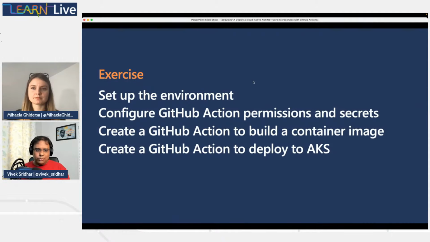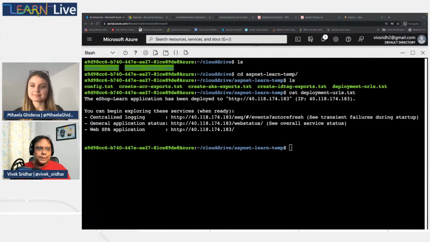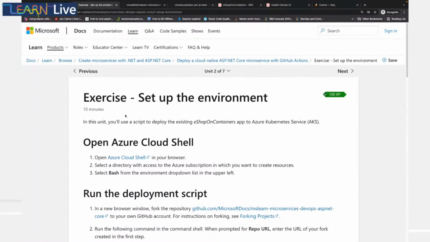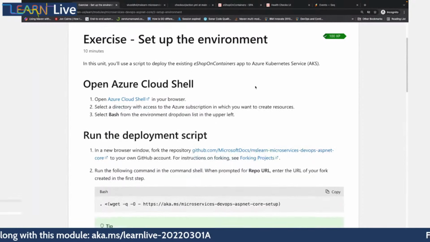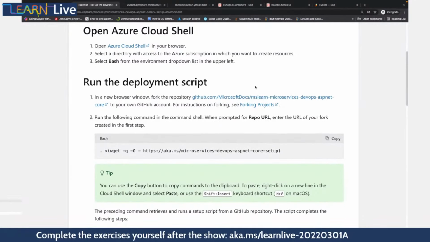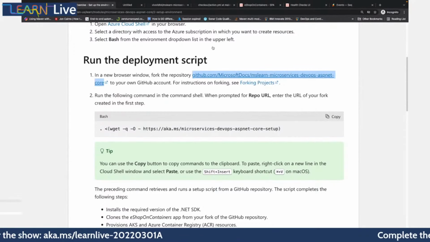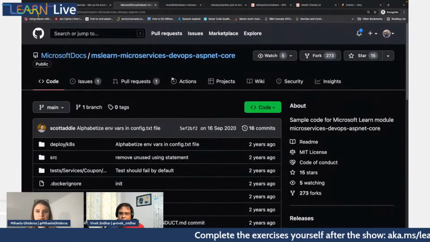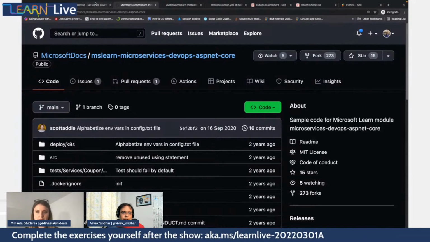So let me go to the exercises. Let's go and execute this learn module. This is the learn module which we are executing today. You can see here we are using eShop on container app, and the most important thing about this particular learn module is that you will have to fork the repository which is here. So you just have to open this GitHub repository